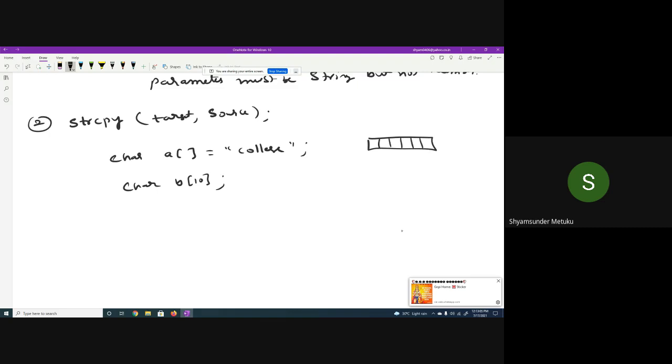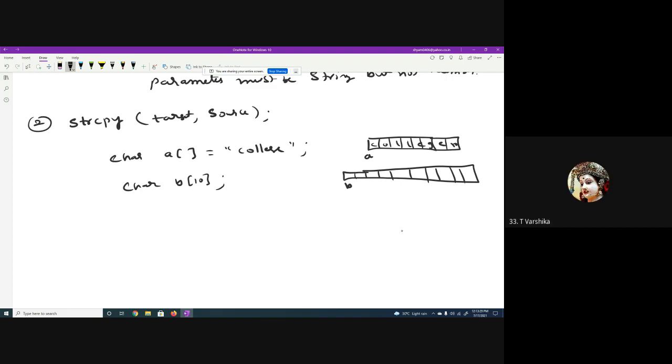COLLEGE followed by the null character, and this is a, the starting one. Again I have one more, 1 2 3 4 5 6 7 8 9 10. This is b. What are the contents in b after declaring these two statements? Garbage, sir. Yes, garbage, not only one place, the entire array has garbage.